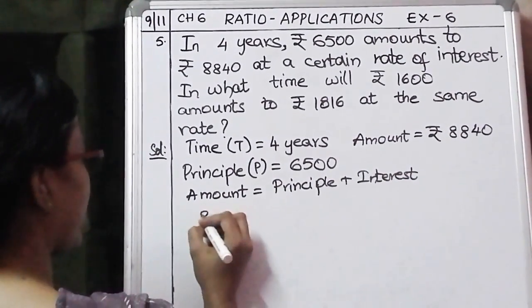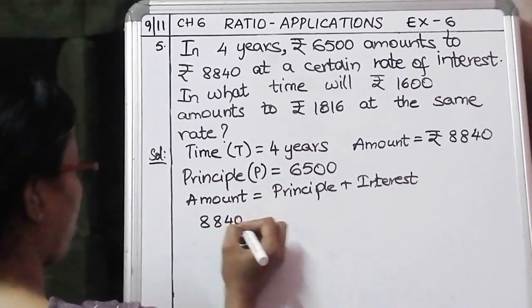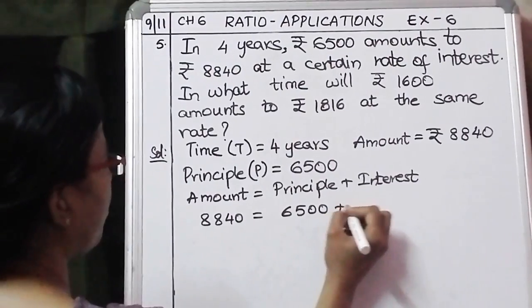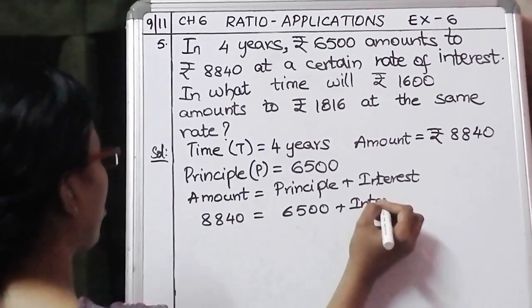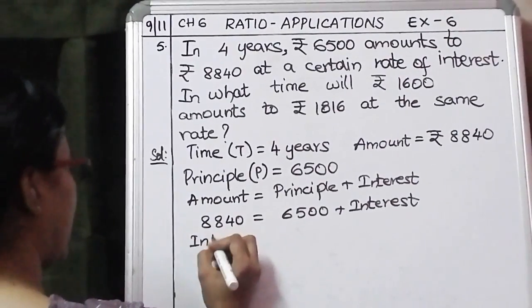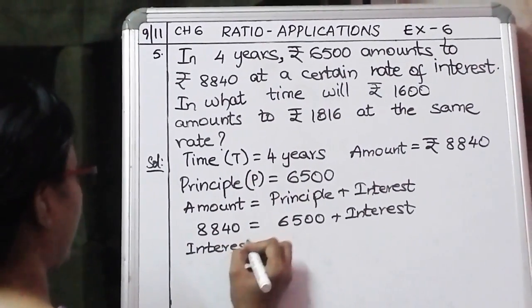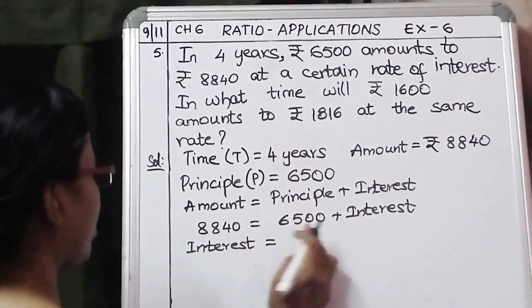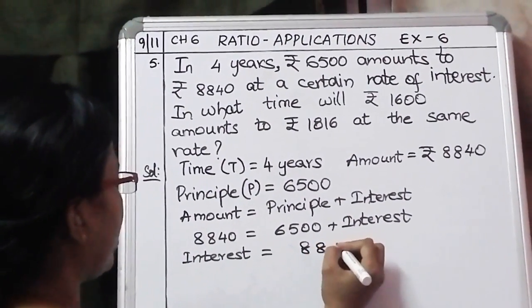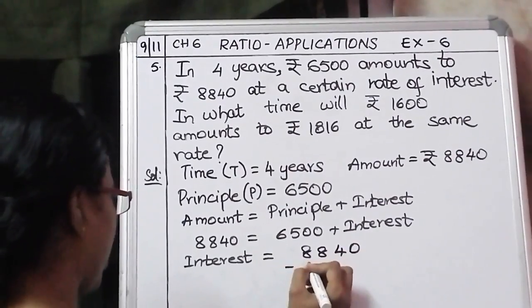Amount you know it is 8,840. This is equal to principal 6,500 plus interest. So now what we are going to do? We are finding out the interest. Keep interest to one side and take the other part to the other side. This plus will become minus when it comes to this side. So it is 8,840 minus